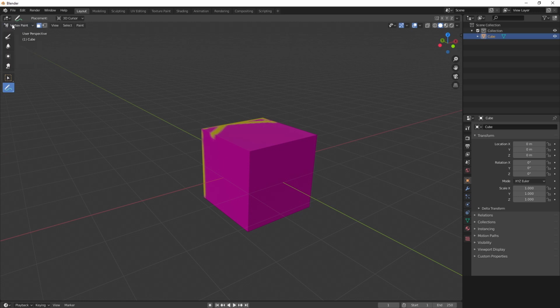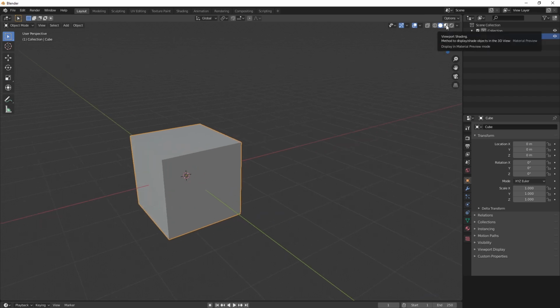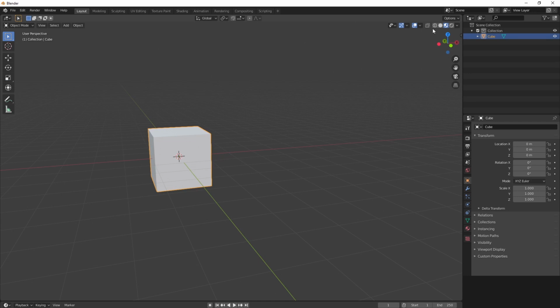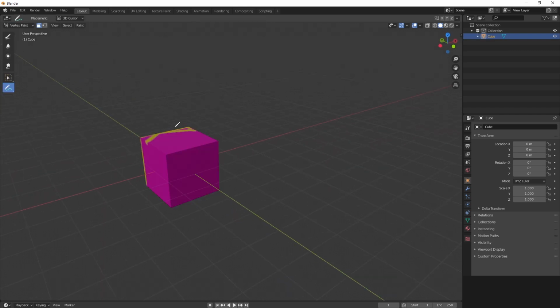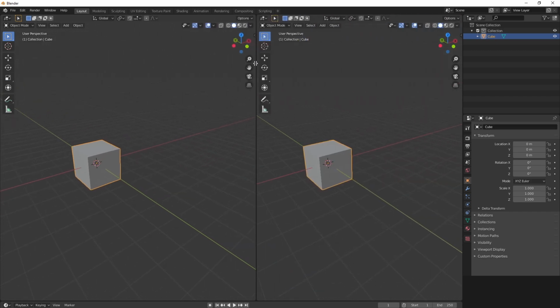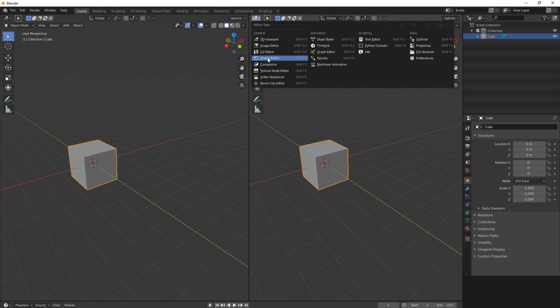Okay, I'll show you another thing, that is if we go to here in the texture panel, so we can't see any texture here. If we go to here in a viewport shading, you can see that if we go only in the vertex paint mode, that time only we can see the texture, but in any other mode we are not able to see the textures. So if you want to see the textures in any other viewport, what you have to do, you have to go to shader editor,